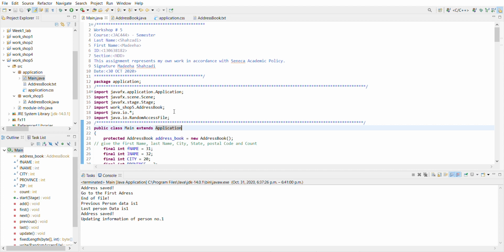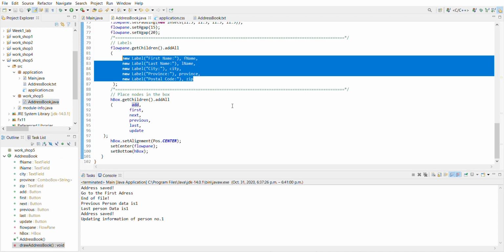Here in this workshop, I learned many things, as every week. I learned GUI, random files, event handling, JavaFX, many things in this workshop. So first I made the workshop 5 package and I made AddressBook.java